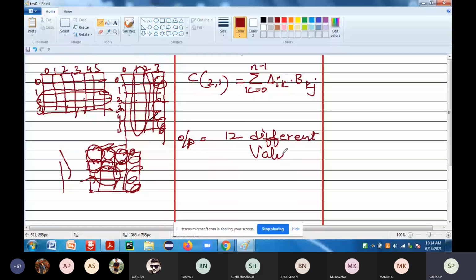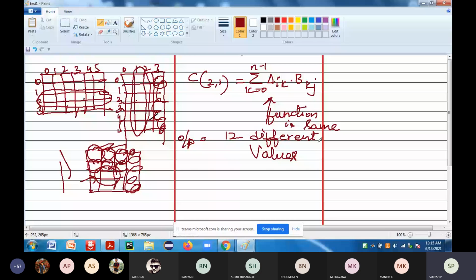But the formula remains the same. The function which has to be done is the same. Only the values are different. So all these 12 different values will be fed to the function, and each will be computed differently. At the end, they will be combined together. So you are going to have 12 different threads, and you are going to join the threads for completion and composing the resultant matrix. So this is how it is going to work.